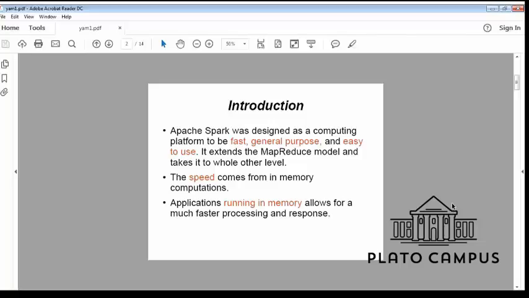A huge amount of data can be processed at a very fast speed, which is a legacy problem in MapReduce. MapReduce is slow, and when we have a huge amount of data, MapReduce sometimes hangs.